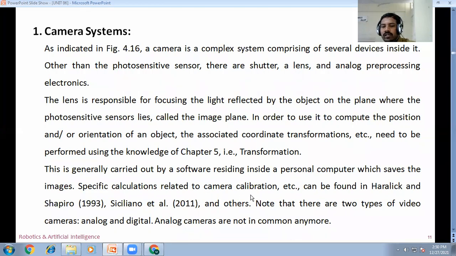Specified calculations related to camera calibration can be found in, okay, these references. Note that there are two types of video cameras, analog and digital. Analog cameras are not common anymore. Now might be you have seen the analog and digital camera. Okay, can anyone tell me in our mobile phone which one is the camera available, whether it is analog